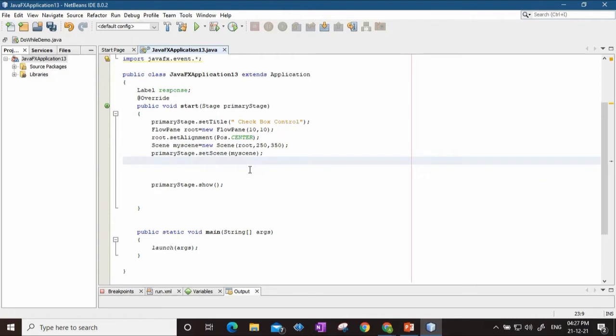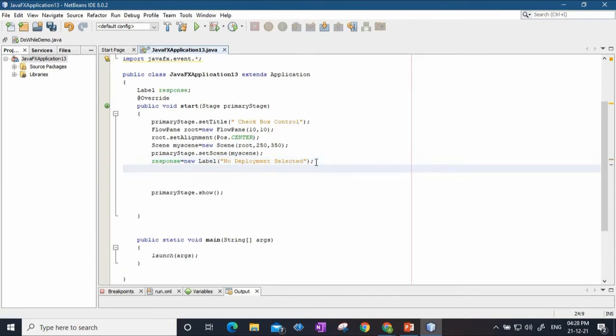So I'll say first response equal to new label, and initially this label will have text that no deployment selected, correct? So this will be the text that will be printed on the response label.